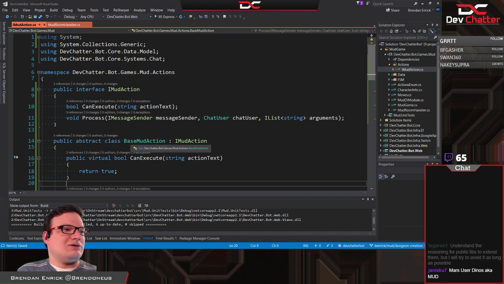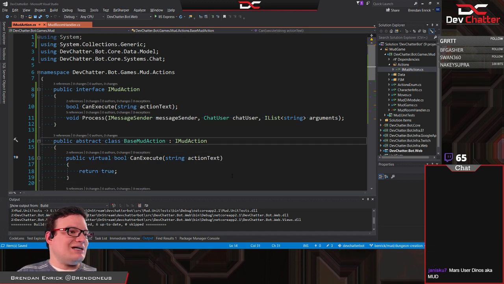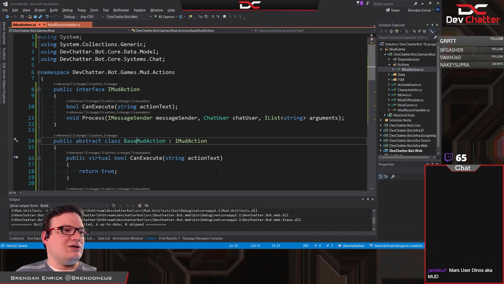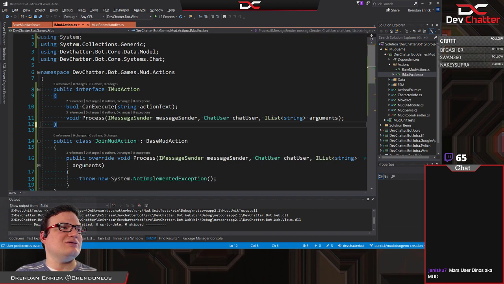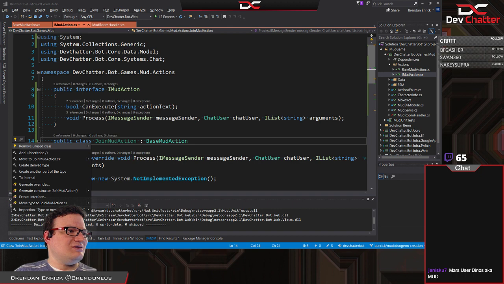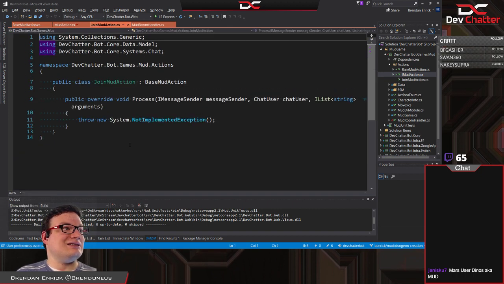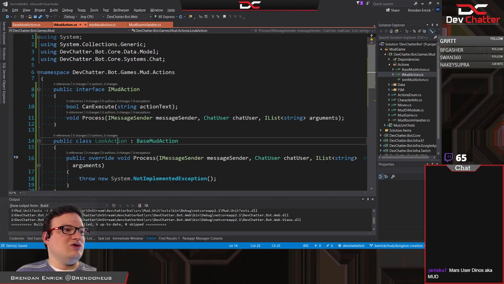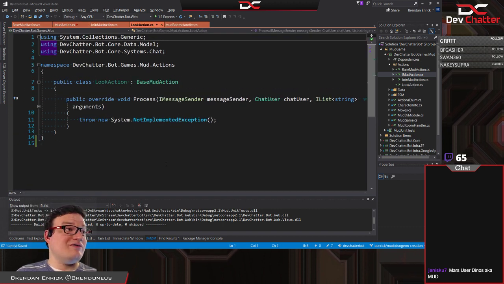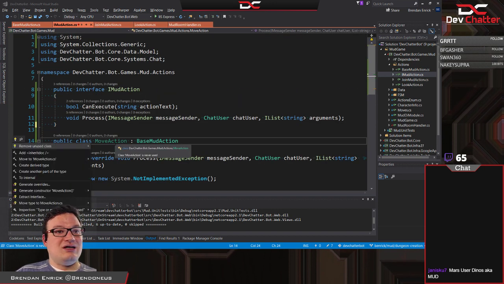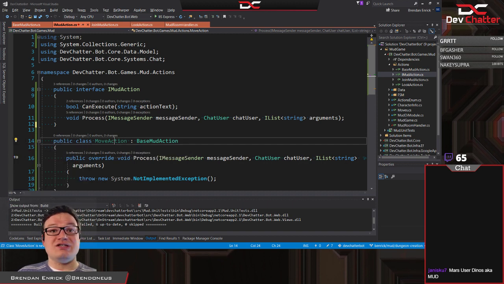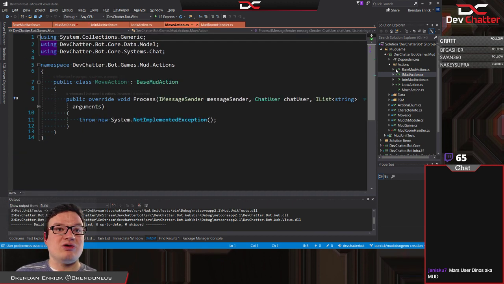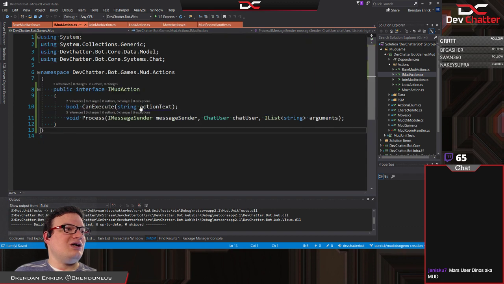Okay, so let's move these into their own classes. So, no, I don't want that. What are you doing? Move that to there. Why was that the default action? Who did that? Move to its own class. There we go. Moving all these to their own files. There are just commands for this. Use whatever tooling you like to do it. I'm just making new files. You can see them over there in the Solution Explorer. There's a new file for each one of those.